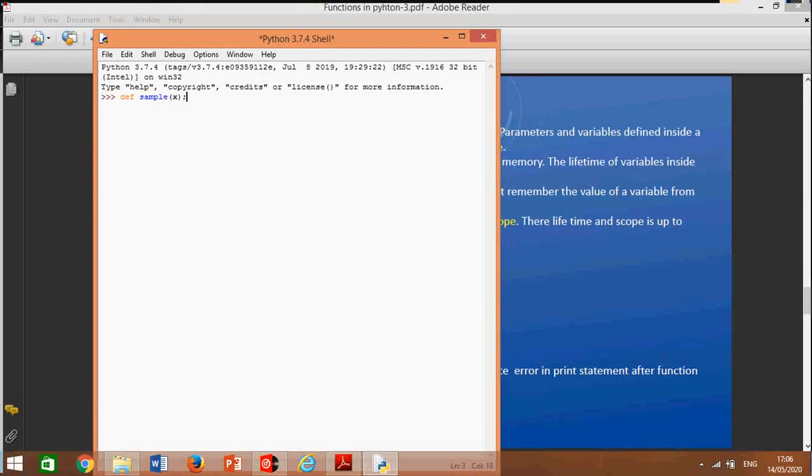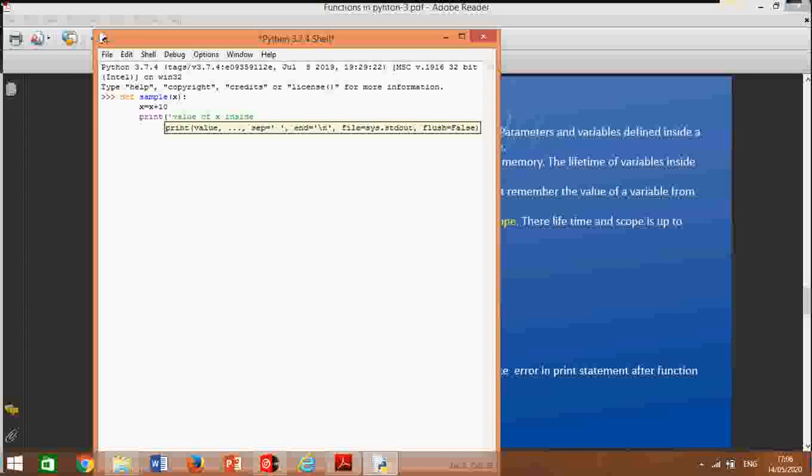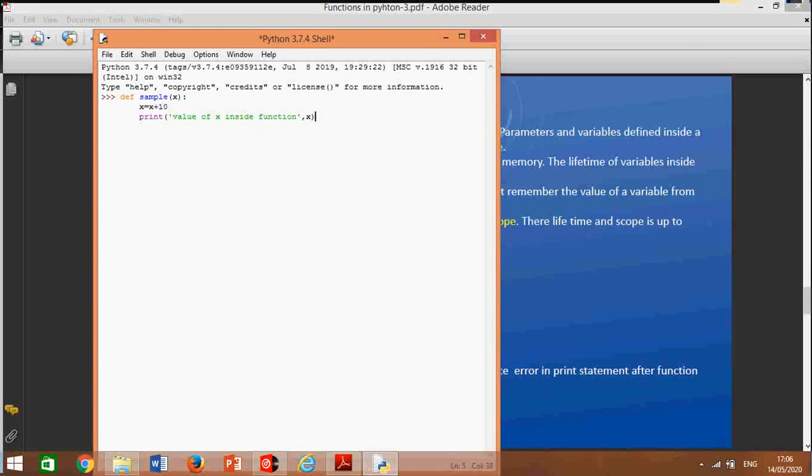Then I say x equal to x plus 10, print value of x inside function. Now I will define a variable a equal to 20. Now I'll call sample a. What will it give me?